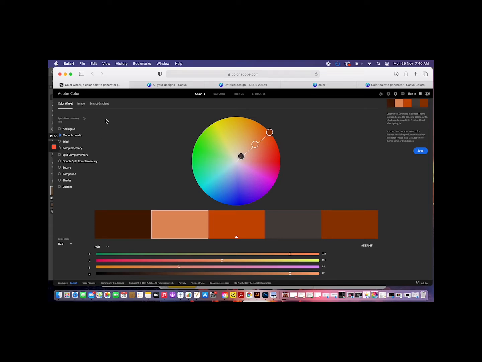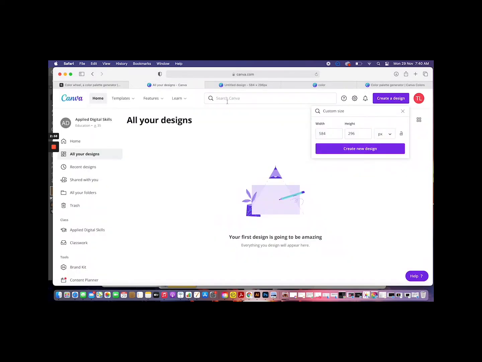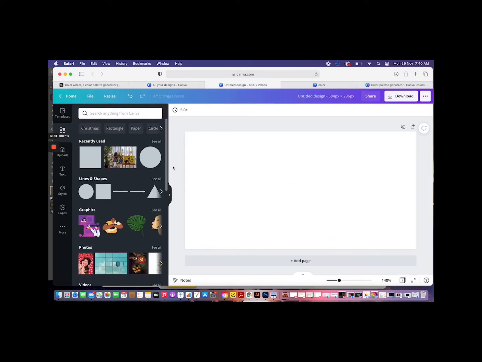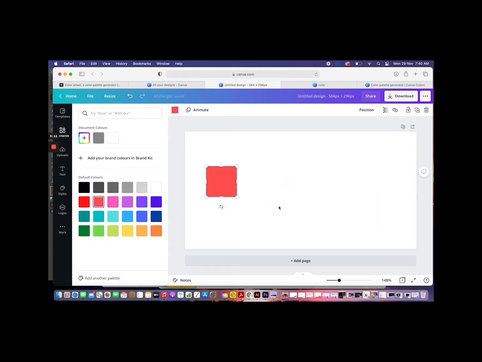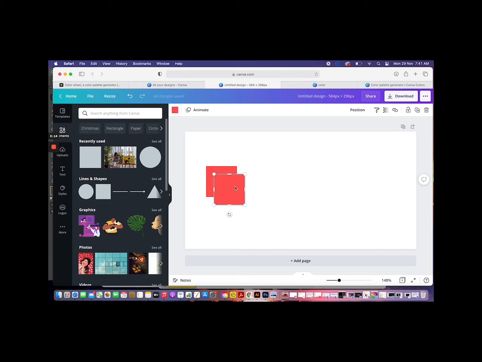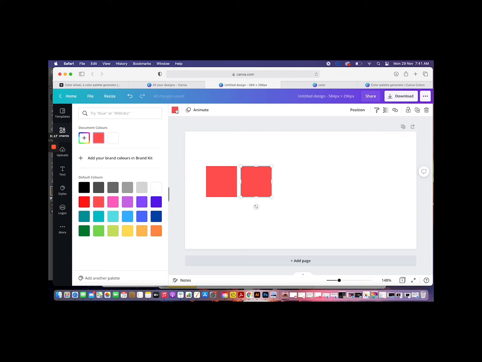Now, we can also create that in the software that you're already familiar with, which is our Canva. Now you can see a blank screen over here. What I'm going to do is just take a rectangle and place it as my main color. In order to do that, I will select any one color that is already here. Now what I will do is create a palette around it. Typically the smart thing to do is, if you have a single color, you can select a tone, a shade, a tint and a very light color as a base. So if my highlight color is going to be this particular shade of reddish pink, what I'm going to do is...